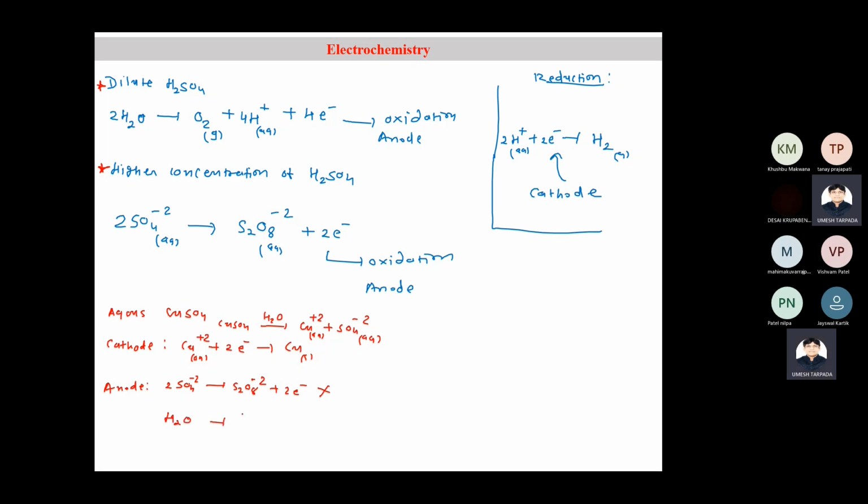H2O may reduce to give H2 as the product. If you use 2 more, then 2OH minus plus H2 is the product. So in order to balance the equation, you required